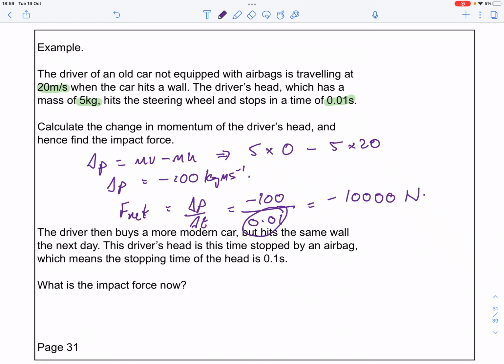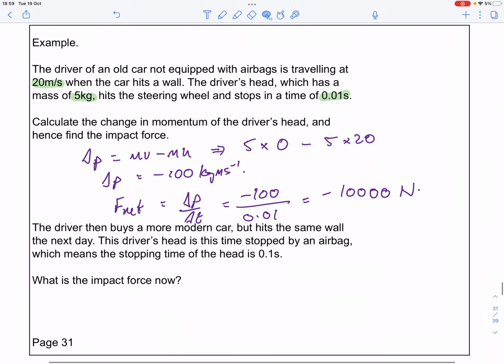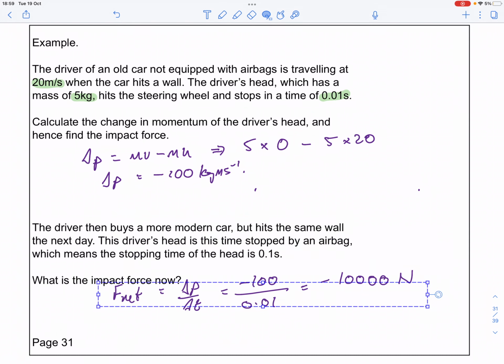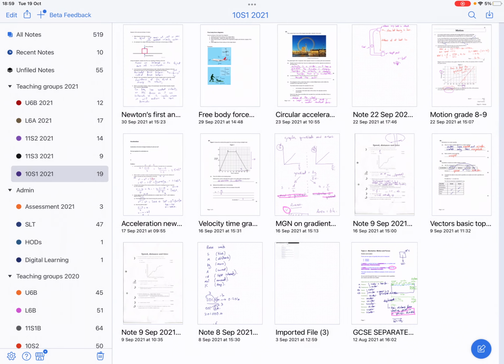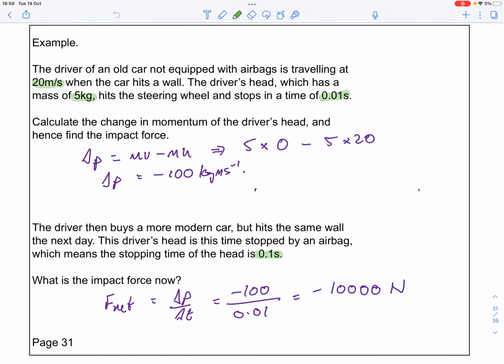So let's have a look at what happens with an airbag, for example, and let's actually move this equation down here, because what the next question is saying is, rather than stopping in a time of 1/100th of a second, we're now stopping in a time of 1/10th of a second, 0.1 seconds. So if we change this value down here, rather than it being 1/100th of a second, if we change it to 0.1 second,